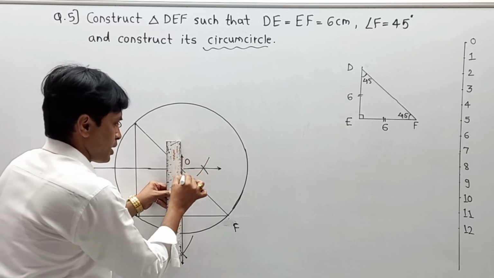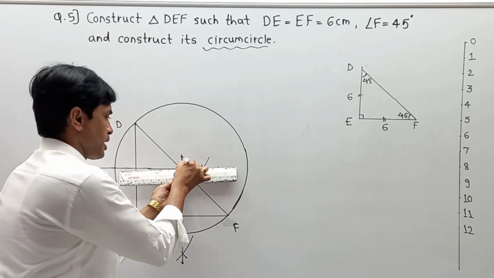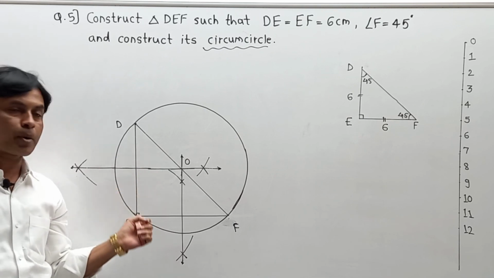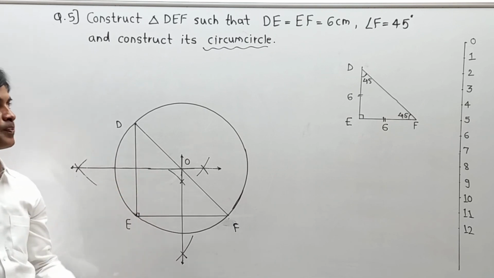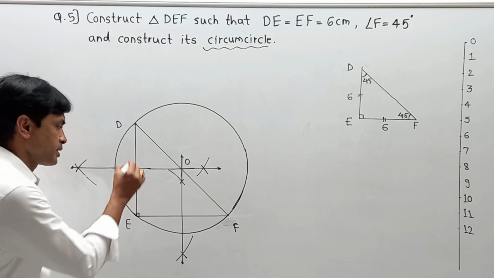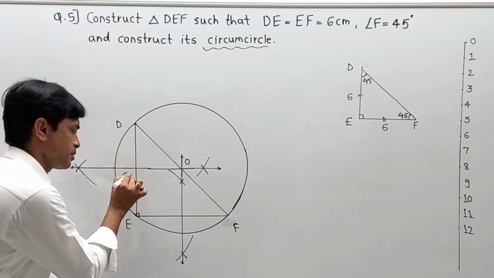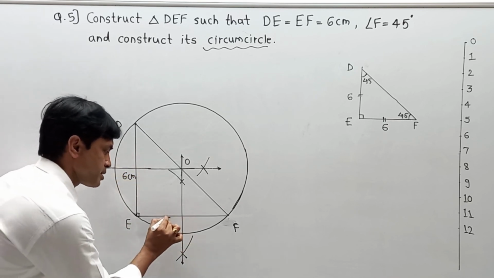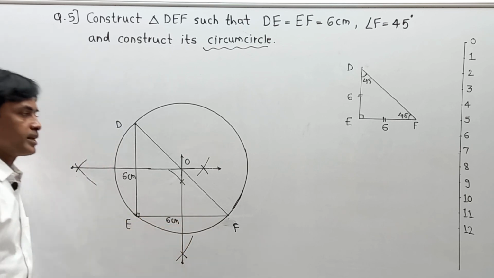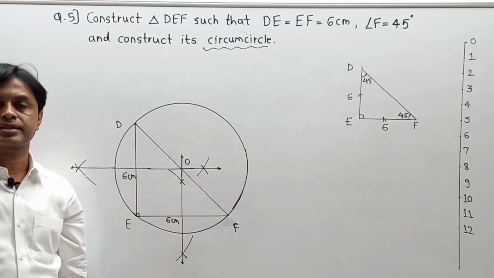Remember students, I am drawing it with the help of a marker, and this board is somewhat slippery, but with your instruments you can take proper precautions and draw the accurate diagram. And this is the last numerical of your exercise 6.3. If you want, you can indicate this distance as 6 centimeter and this distance as 6 centimeter, this angle E as 90 degree, and in this way your entire construction is completed.